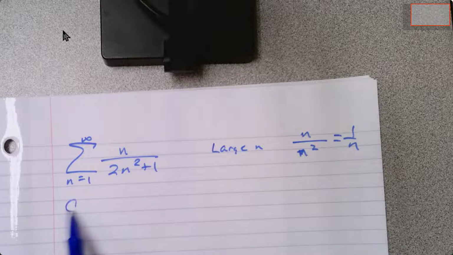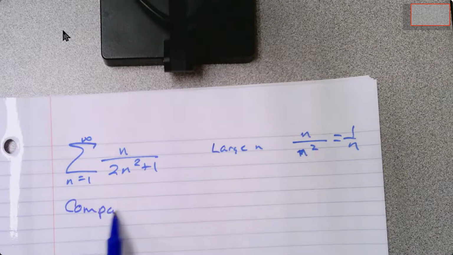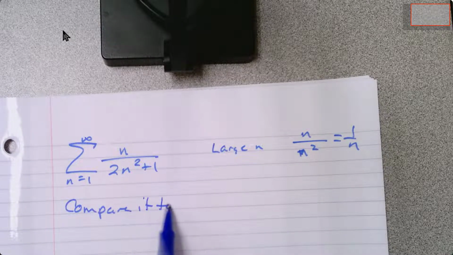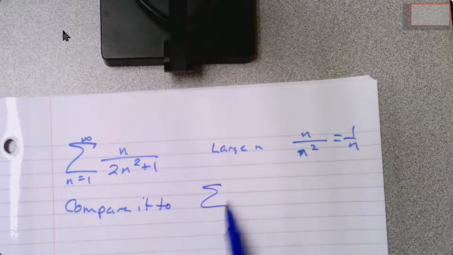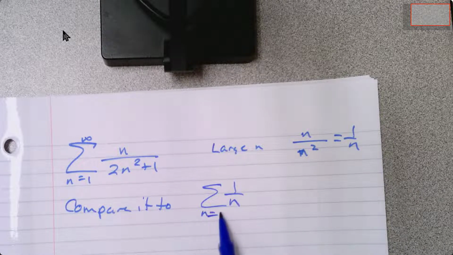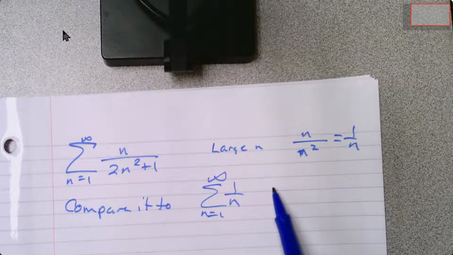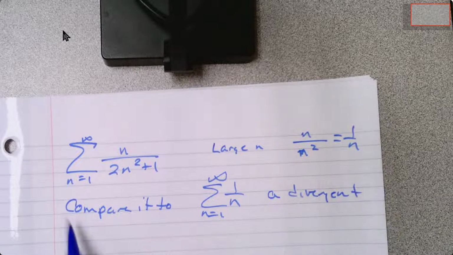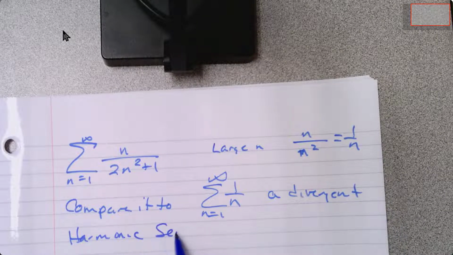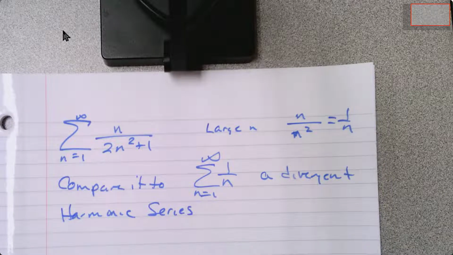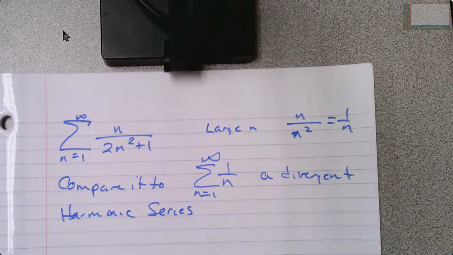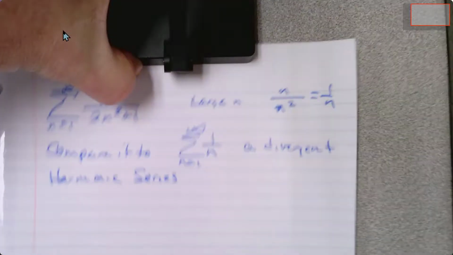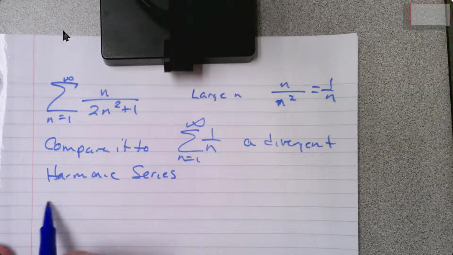I'm going to compare it to the series 1 over n, where n goes from 1 to infinity, which is a divergent harmonic series. Now, the next choice I have to make is which comparison test. The limit comparison test is far more forgiving, so that's what we're going to use. So we're going to form the ratio,